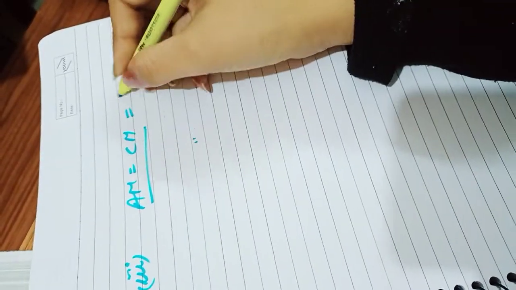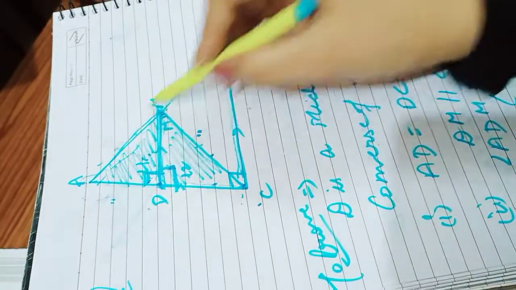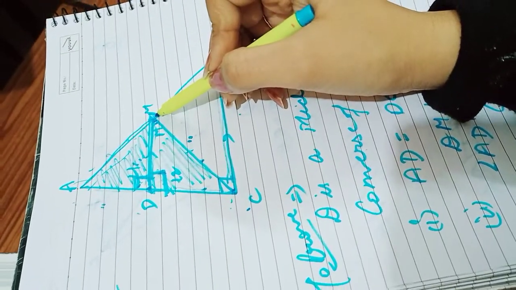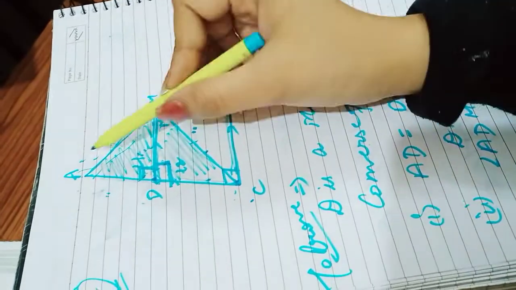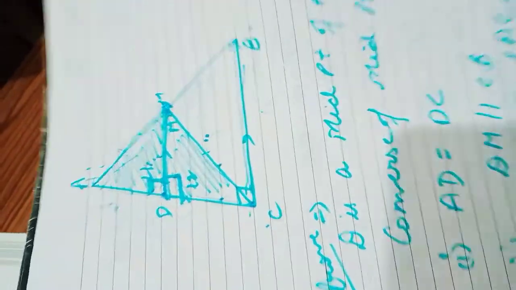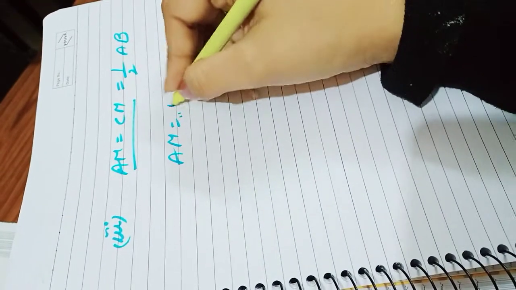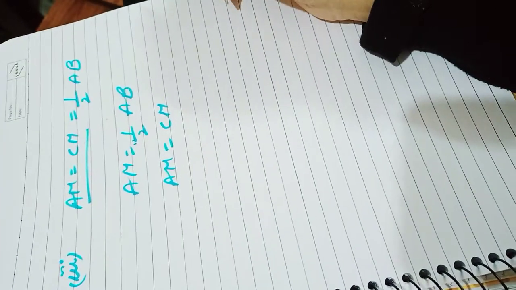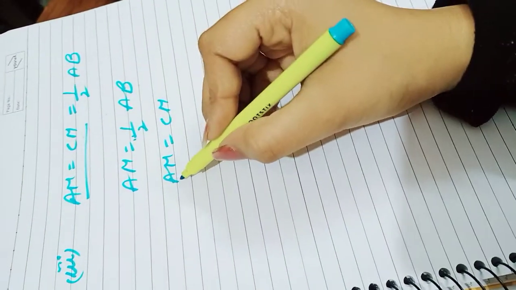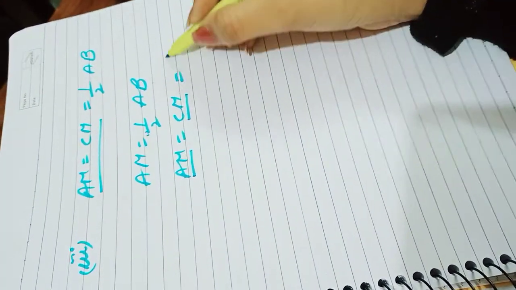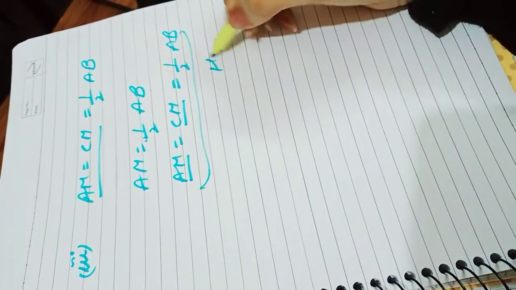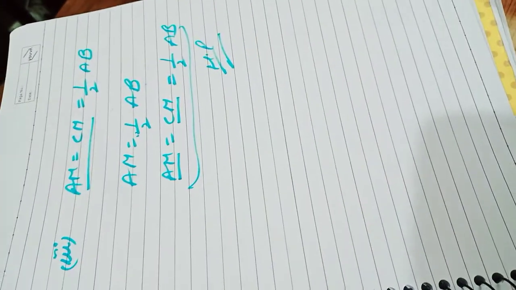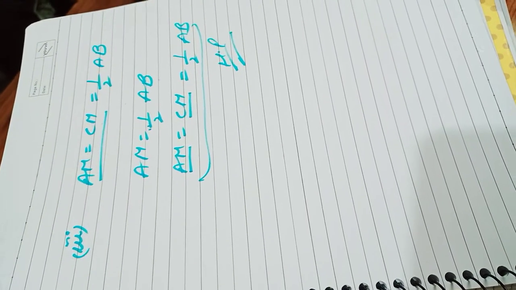but the complete part is this is half of AB also. This you have to prove. How will you do it? Very simple. If you want to prove this is half of AB also, M is midpoint now. M is midpoint of AB. So you can say that AM is half of AB, right? So I'm going to write over here that AM is half of AB and AM was equal to CM by using CPCT after making the triangles congruent, which we have done. So you can say AM equal to CM equals half of AB. Hence proved. Okay. So this was our exercise 8.2.